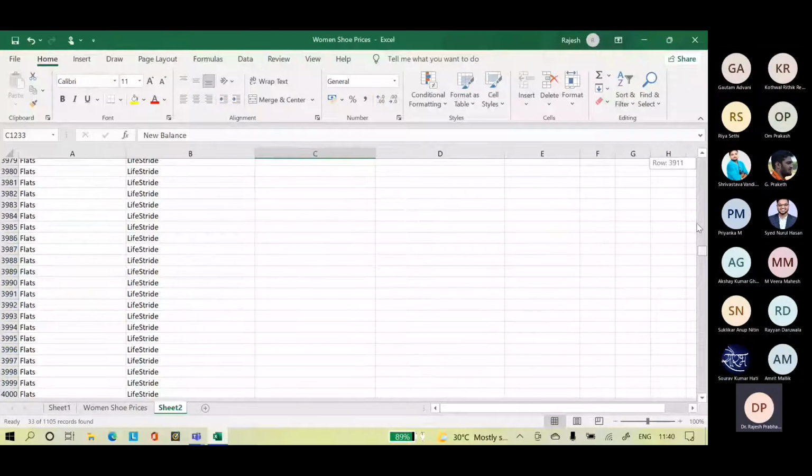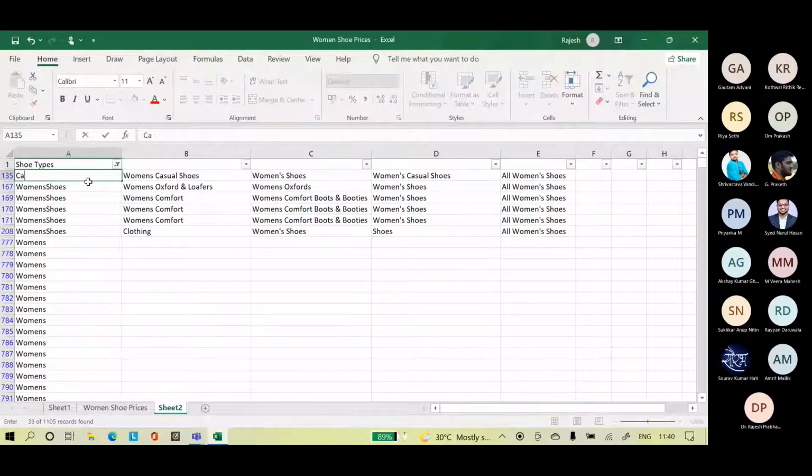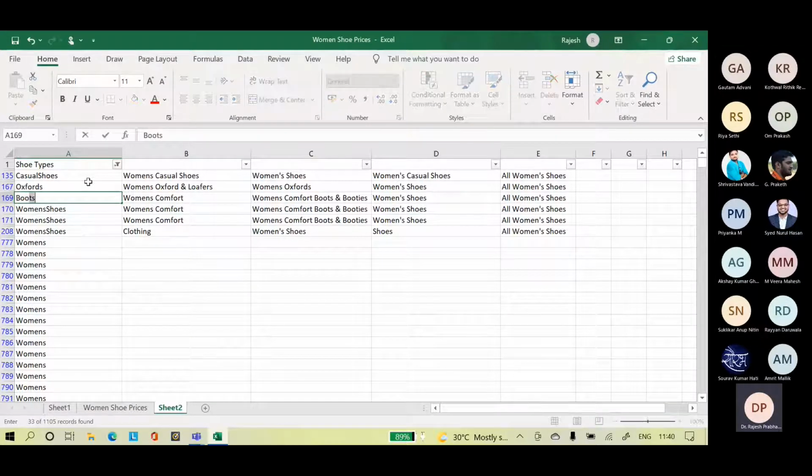You know Control H, find and replace, right? Or casual shoes. Or Oxford. This is boots. This is boots. This is boots. And this is shoes.